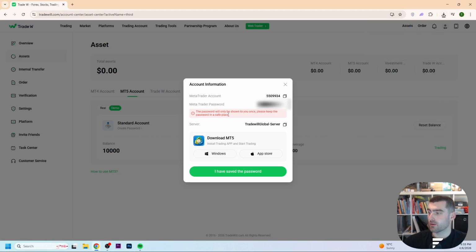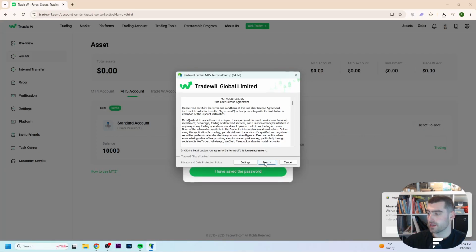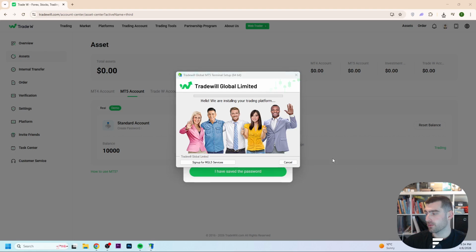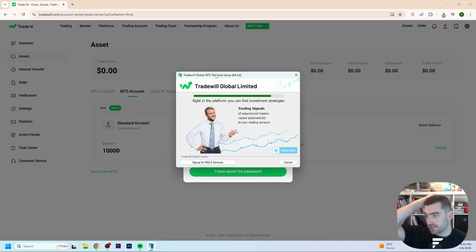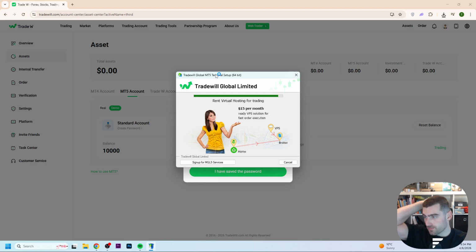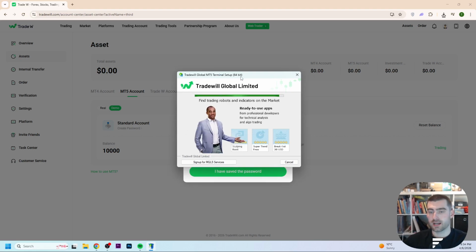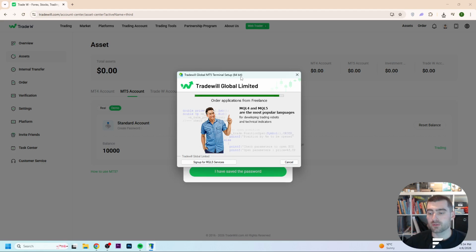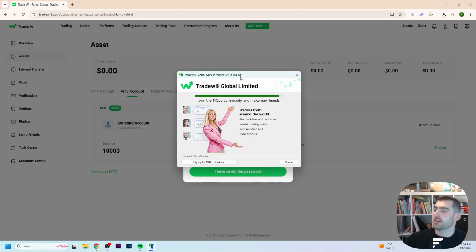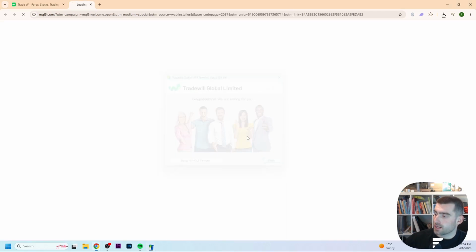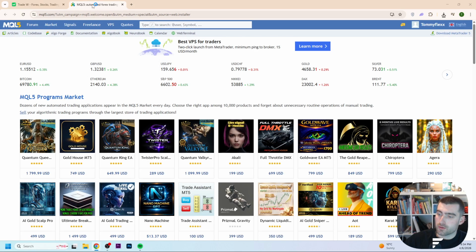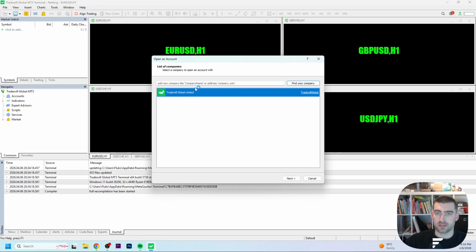And then we can download the setup for MT5. So we click right here on yes. Then we do next. And then right now it is downloading MetaTrader 5 for TradeWheel. So yeah, it's downloading right now and this will take a few seconds. There we are, we click here on finish and then we have the MQL5 and now it is opening